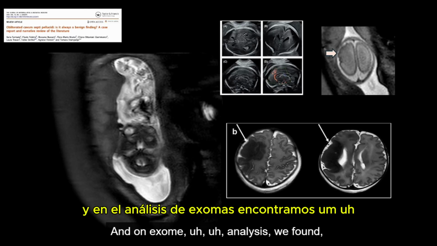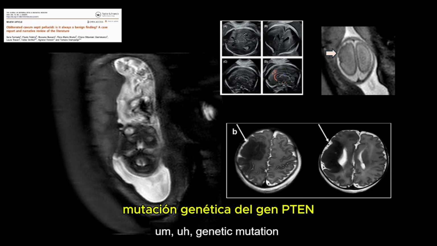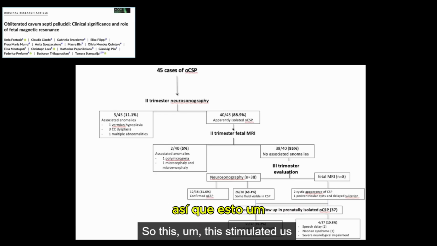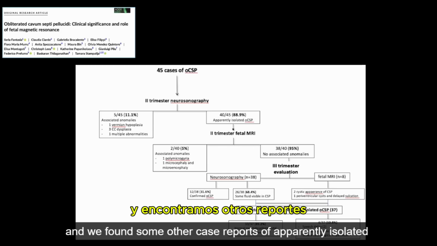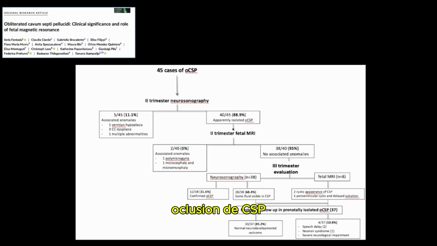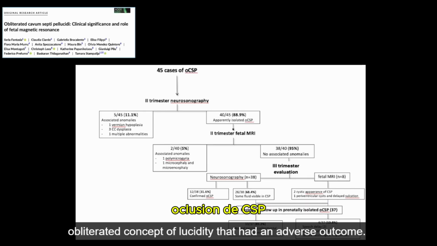And on exome analysis, we found a genetic mutation of the PTEN gene. So this stimulated us to look at the literature, and we found some other case reports of apparently isolated obliterated cavum septum pellucidum that had an adverse outcome,